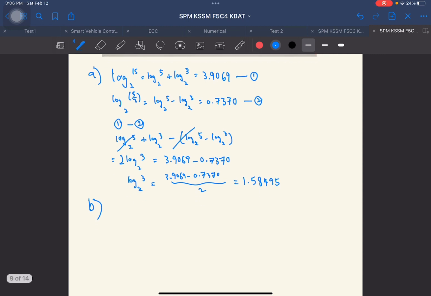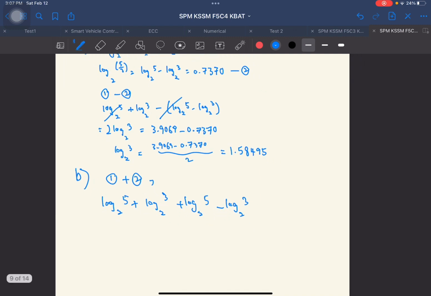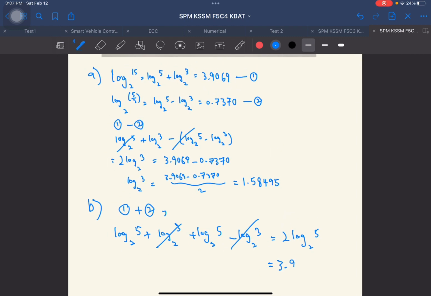Okay? So if you plus the first equation with the second equation, you got this. This and this can cancel out, so you got this, and this is equals to 3.9069 plus 0.7370. So log